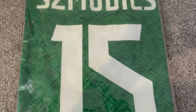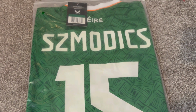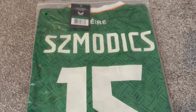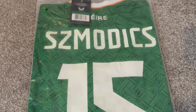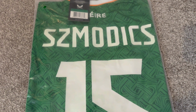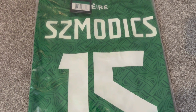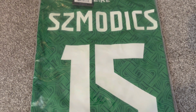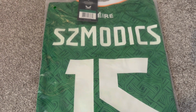Today we're looking at a new seller, kitmm.com, and I can tell you that they are friends with kitgg.com. So a new seller, but I'm going to say straight off the bat, a trusted seller. Today's shirt is the Ireland 2024 shirt, and I had to go for Sam Szmodics on the back. Obviously being a Blackburn fan and the season he's had, when I was buying this one, it definitely had